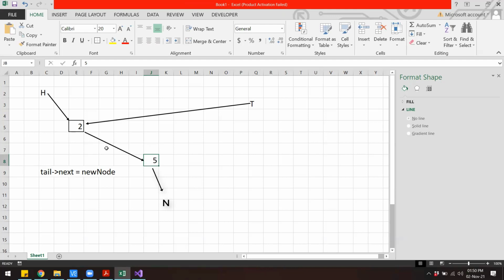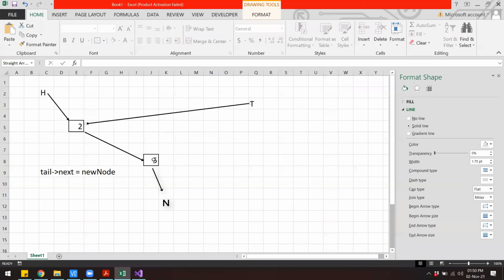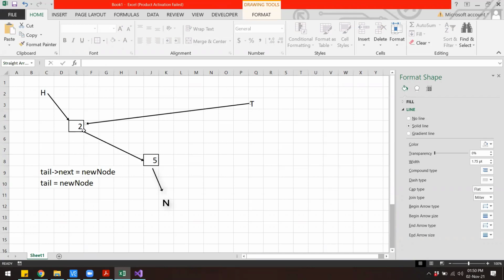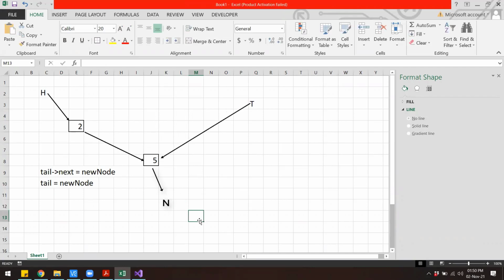So one part is done. The last part left is to make this tail pointer point to our new node. So how can we do that? Well, we can just simply say tail is equal to new node. So now tail will point to the new node, right? And that is how we insert or append a node to the list.